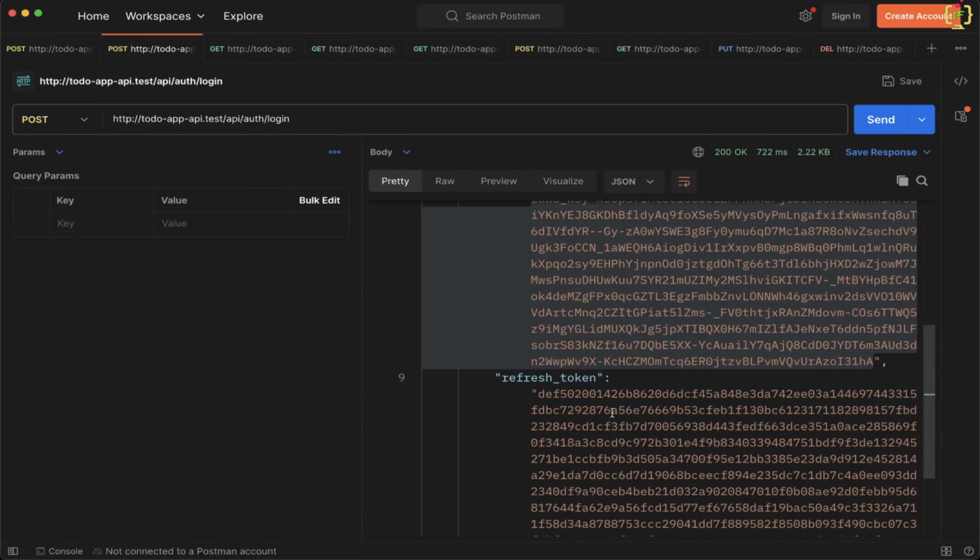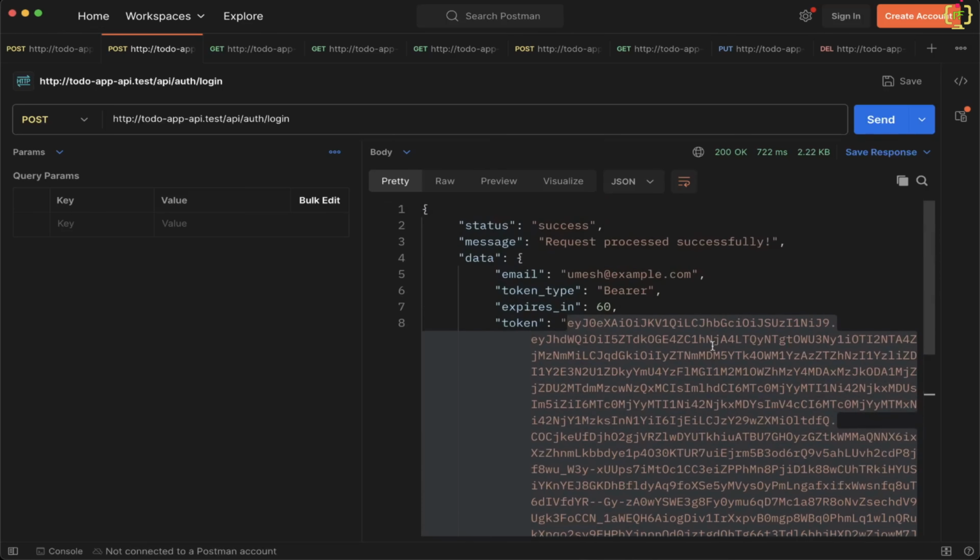don't want to log in again. Instead, we will just refresh this token, and in this flow we don't want to trigger the login API in order to generate a new token, because we don't want to issue fresh tokens, only we want to refresh the existing session so that based on that token we can maintain the login session in the front end or in our mobile applications. So next we will be working on the refresh token functionality, and for this we will